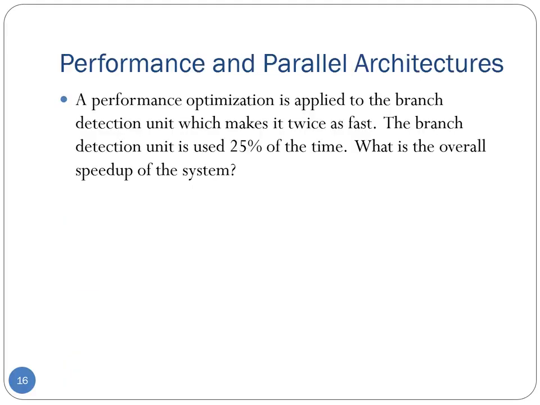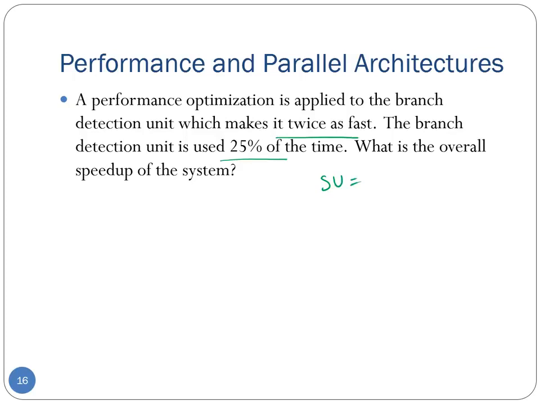A performance optimization is applied to the branch detection unit, which makes it twice as fast. So the branch detection unit is used 25% of the time. What is the overall speed up of the system? So notice that this is a typical question on Amdahl's law. So first of all, you should remember the Amdahl's law. The overall speed up is given by